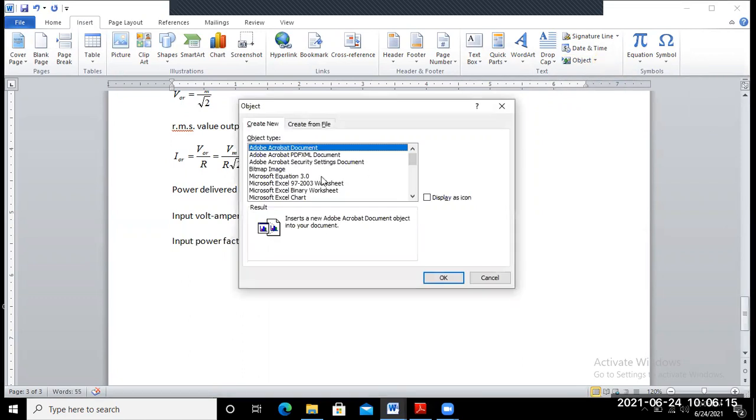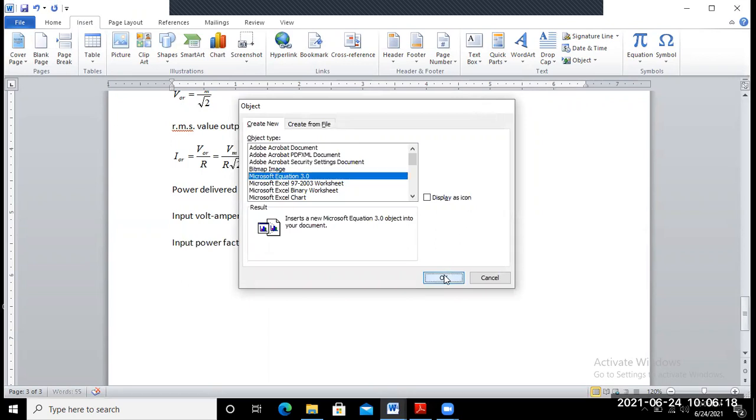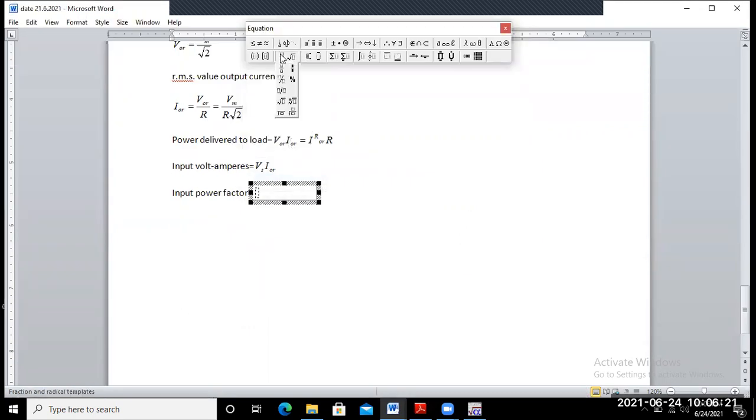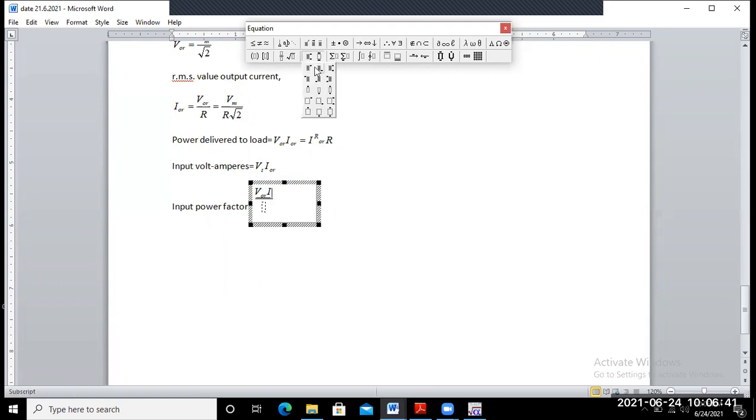Output volt ampere means the RMS value of output voltage into I output RMS, divided by input volt ampere, which is Vs into I output RMS.